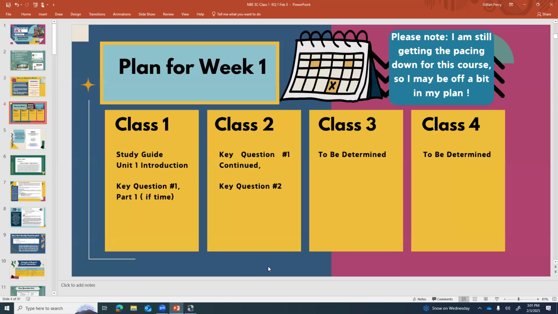Okay, so this is my first time teaching this course, so normally I have this all planned out. I'm still figuring things out as I go right now, but normally each class I'll show you a quick spot of what the plan is for the week and where we are. We are right here on class 1. I'm still figuring out class 3 and 4. I have the material, so I'm figuring out how far we'll get. You never know. All right.